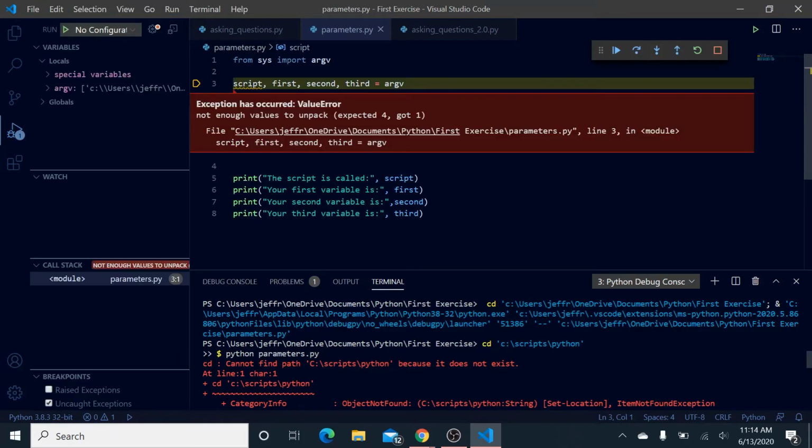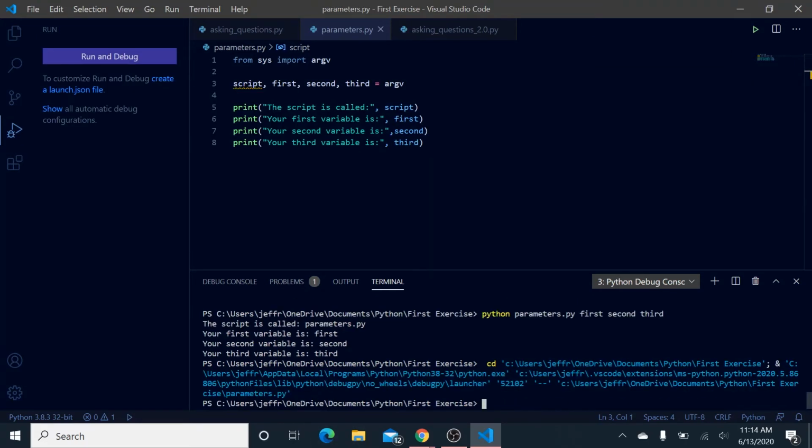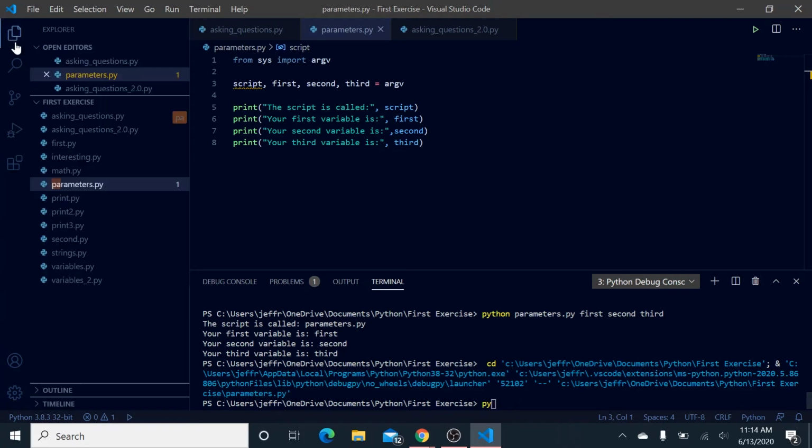So what you need to do right here is click the stop button, and then go down to your terminal, and it should open directly into where your file is located. My whole folder is called first exercise, and right here you just type python, and then you type your file name. So mine's called